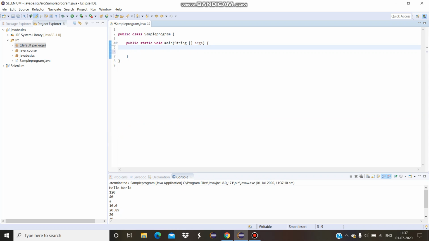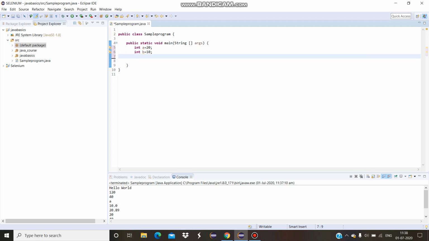So we are going to write a simple calculator program illustrating the various operators. So int a equals 20 and int b equals 10.